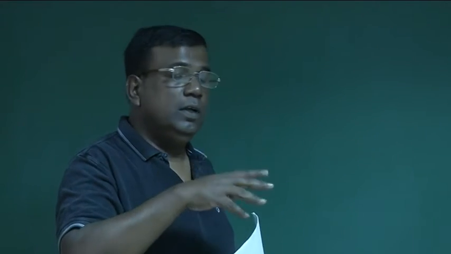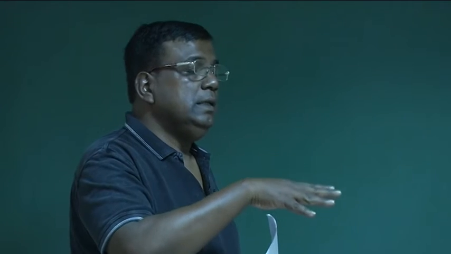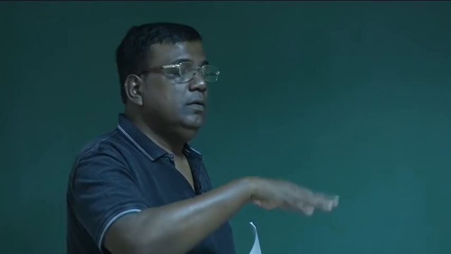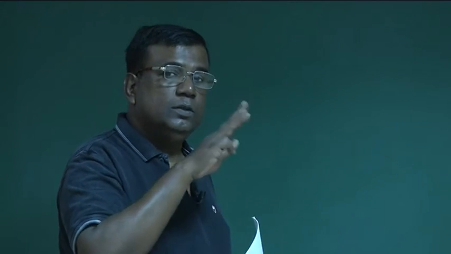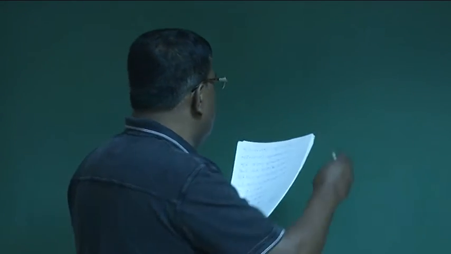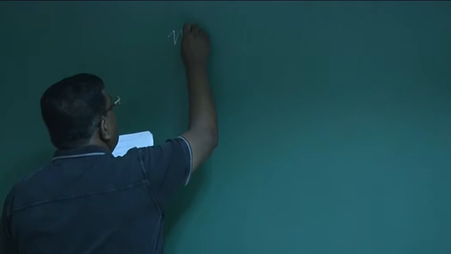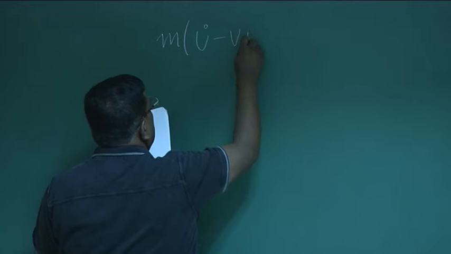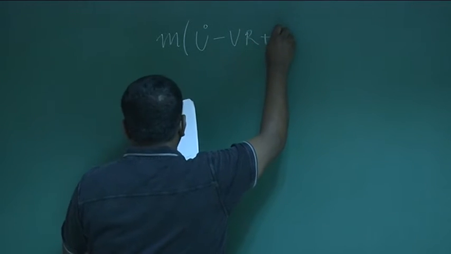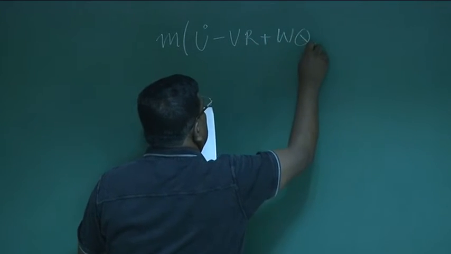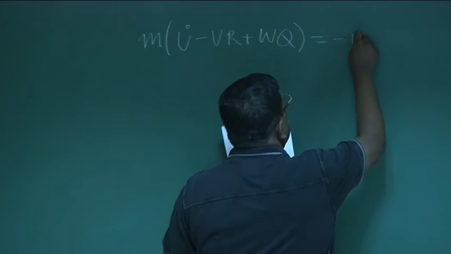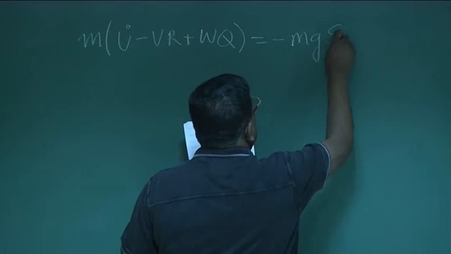It's u dot, then w dot, plunging, and also the pitching, right? So three equations we will take into consideration, and one is m times u dot minus vr plus wq is equal to minus mg sine theta